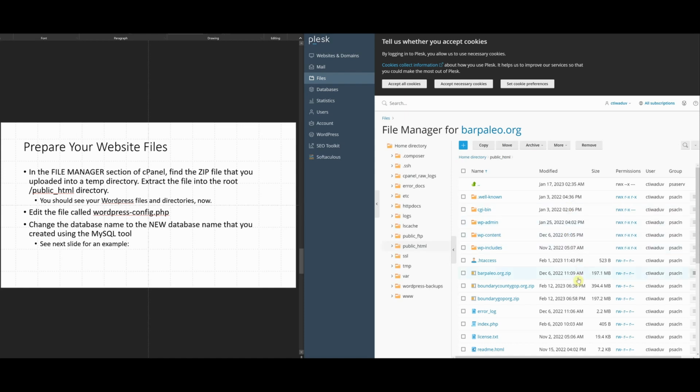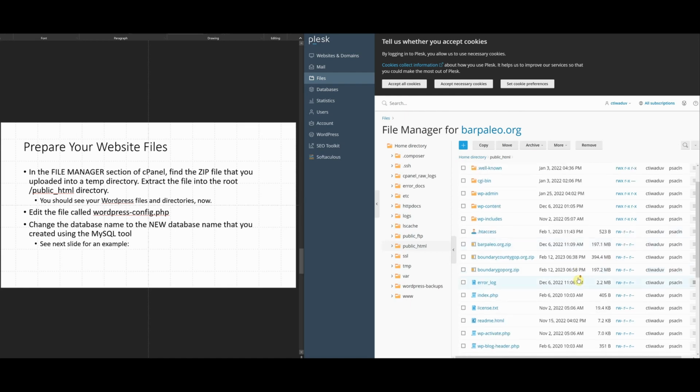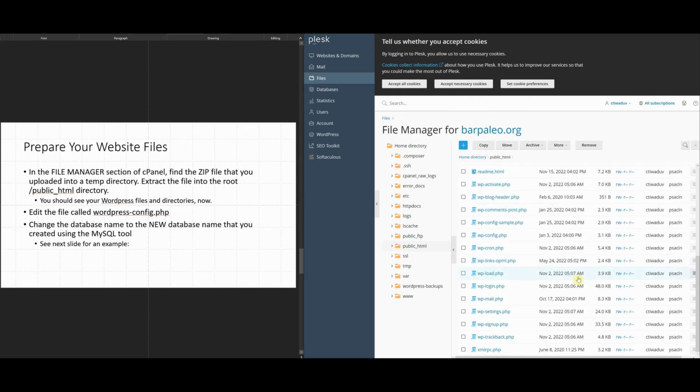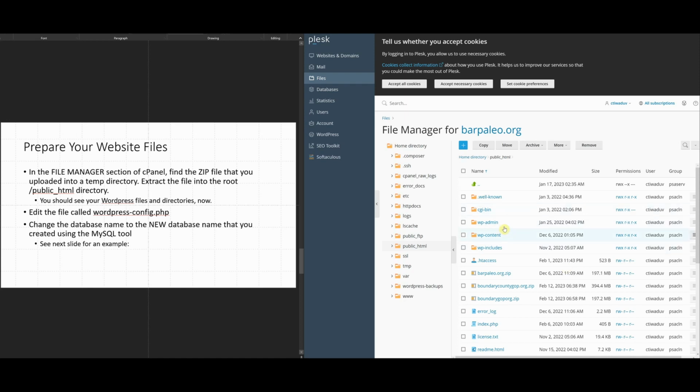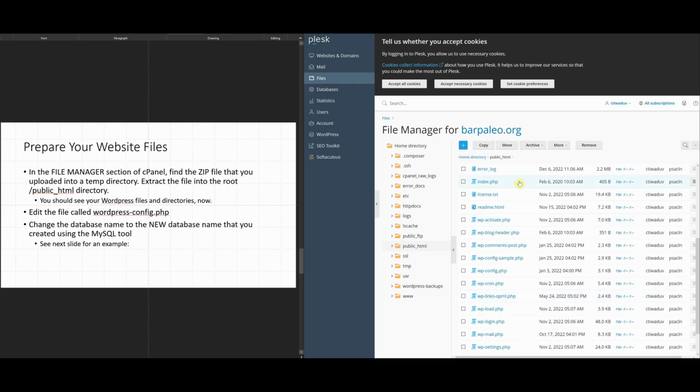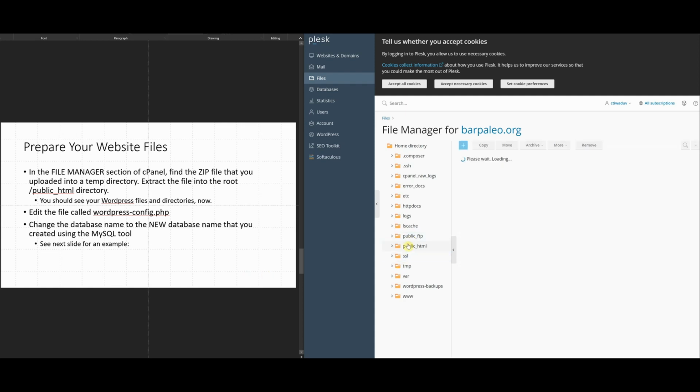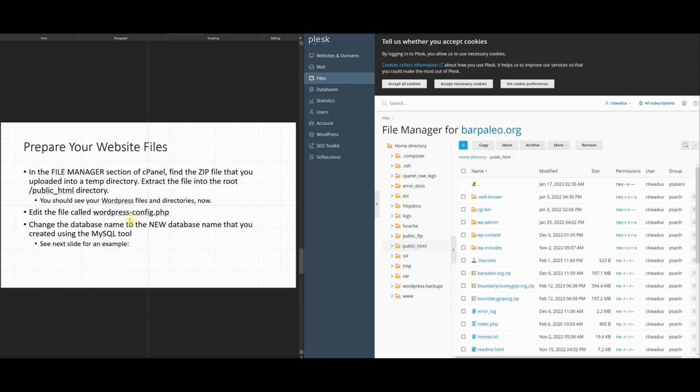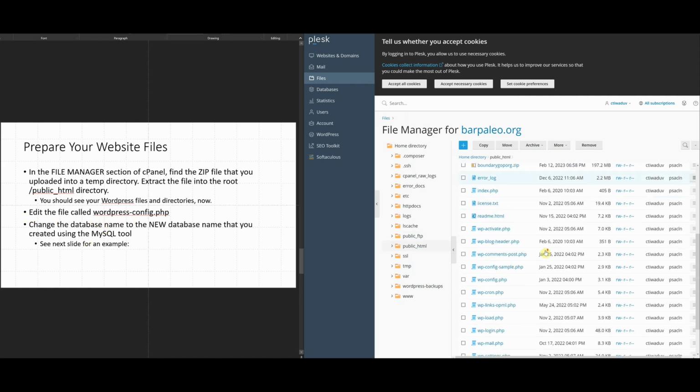All right. Should just extract right here. Boom. You should see your WordPress directories and your index.php file. If you see all that in your public HTML directory, you're good. Now you're going to edit your PHP file,